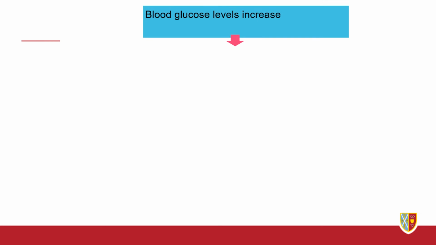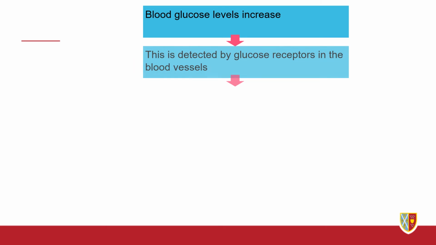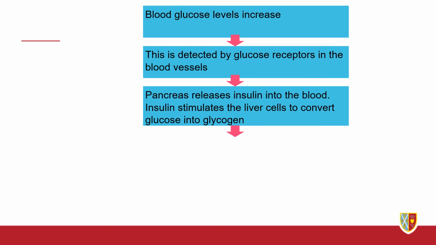So what actually happens here when we've just eaten a meal? Our blood glucose levels are going to increase, and it's going to be detected by glucose receptors in the blood vessels. The pancreas releases insulin into the blood. Insulin causes the liver cells to store glucose as glycogen. So the glucose gets converted into glycogen and stored in the liver or the muscles. This brings down our blood sugar levels because it's no longer in the blood, it's now in the